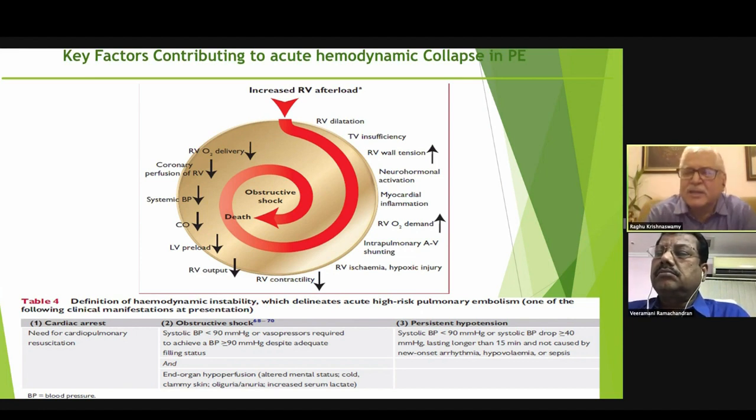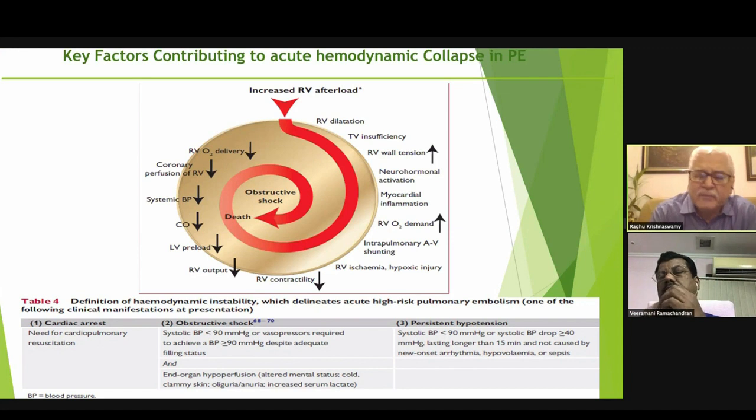See, we are in a tertiary institution. Because of the large volume of patients referred with various conditions, we are able to pick up these cases. But if you're in a mofussil center dealing with echo, you're very unlikely to do a TEE in every patient. And so I wouldn't recommend that you do a TEE just to rule in a pulmonary embolism. I think it's far better to do a CT if your suspicions are very strong. If your Geneva score suggests that the pretest probability is very high, then you just simply go in for a D-dimer followed by a CT.